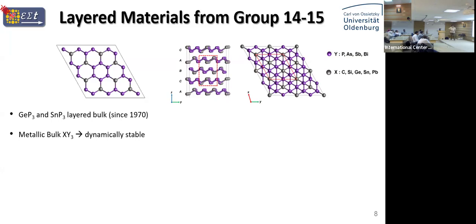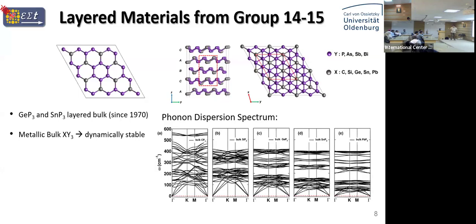And when I joined the group back then in Leipzig, I was assigned to study the full class of such materials. As you see, there is a similarity of structure and composition. The only difference is the germanium and tin atom, and if you look at the periodic table, they are just next to each other. So then there was an obvious question: is it possible that there is a whole class of such materials where you keep one X fixed and substitute Y, or vice versa? This is what I studied.